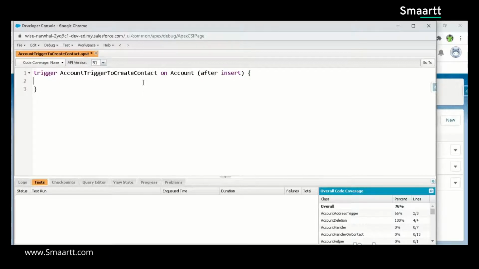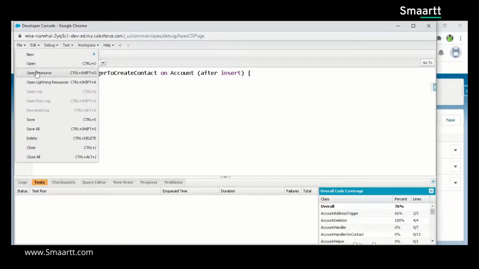a function of a different class, or I should be running code which will help me create a contact. For that, I have already written a different class. I'm going to call that class function to get the work done. I have done that to save your time as well as my time.